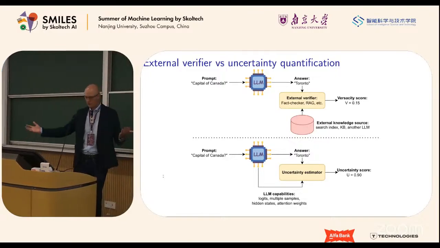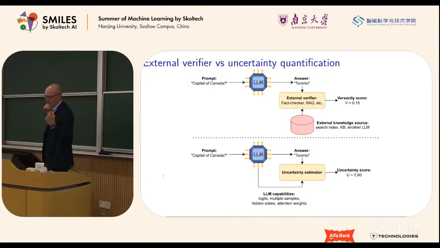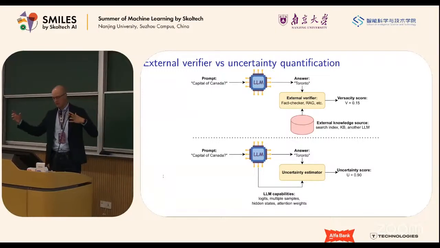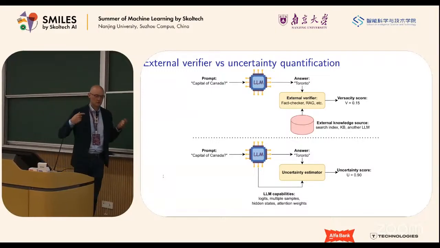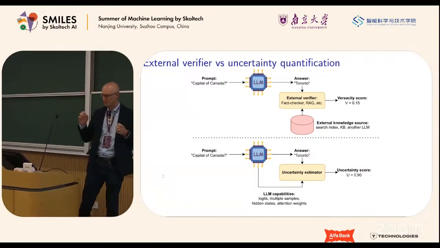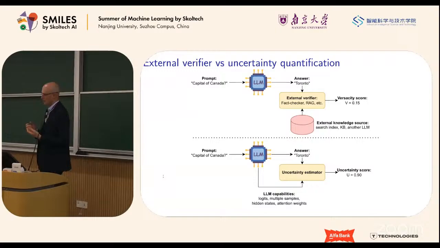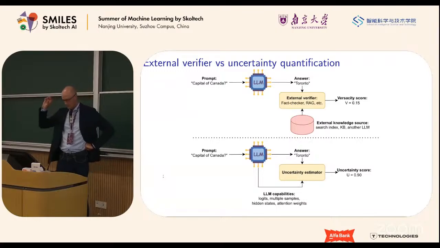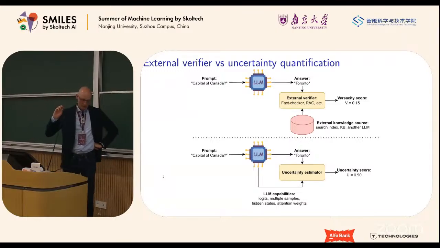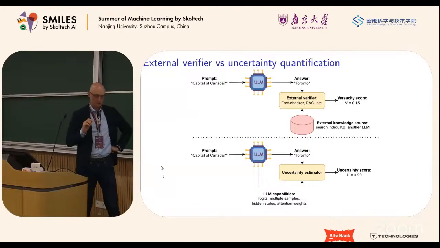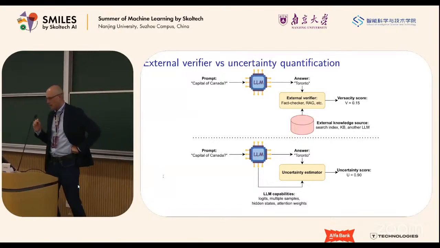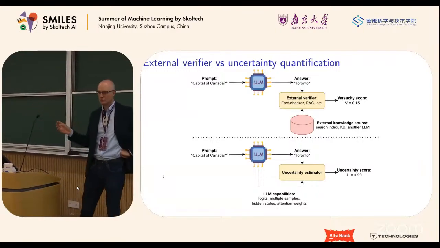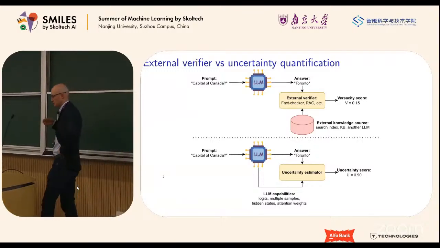There are two approaches to the problem of hallucination detection. In one approach, on the top, we have, let's say, a question, and the LLM generated an answer. Then we just run some sort of external fact checkers, some external tools that will tell us whether there is something fishy or not. And in the second case, when we are doing this uncertainty quantification, we do not use any external verification tools at all, because these tools might also be biased, they might be incomplete. Let's say you're using some knowledge source, and this knowledge source becomes obsolete, et cetera, et cetera.